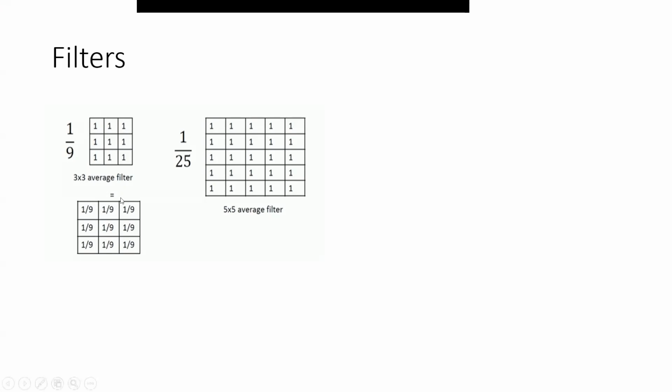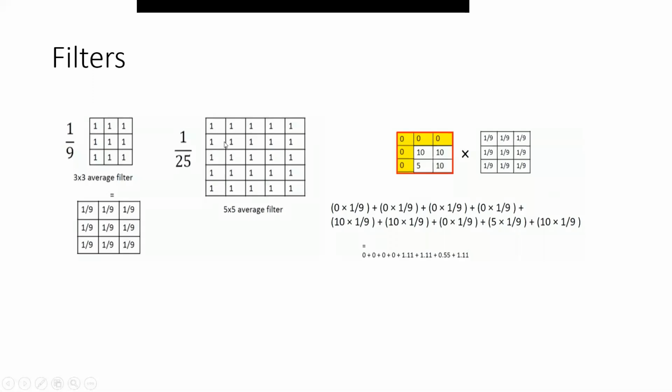So let's take an example. If you have decided the filter size of 3 by 3, then that 3 by 3 matrix would be filled with the value 1. All values would be filled by 1, and then each value of 1 would be divided by the size of the filter, which is here 9, 3 by 3. If the size of the filter is 5 by 5, then each value would be divided by 25. So over here you see 1 by 9; if it were 25, it would be 1 divided by 25. Each pixel of this filter would be divided by the total size of the filter.